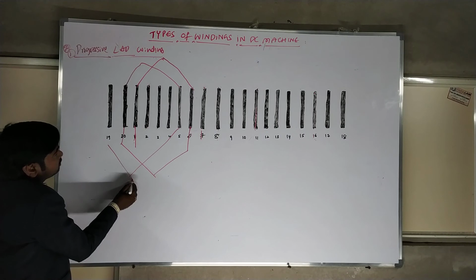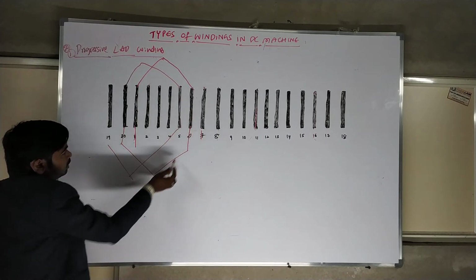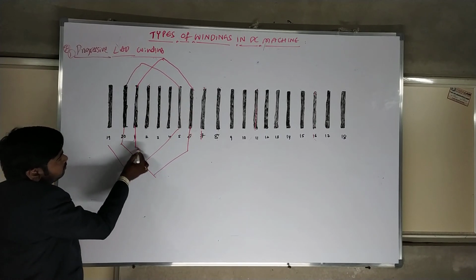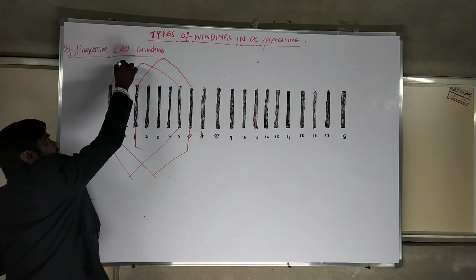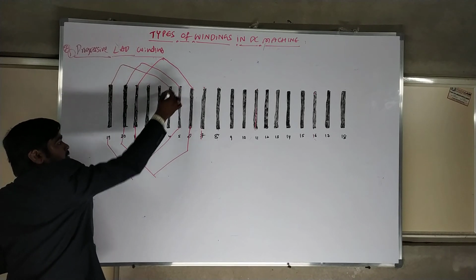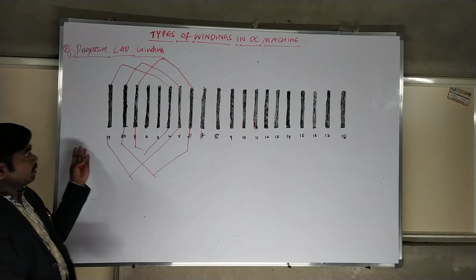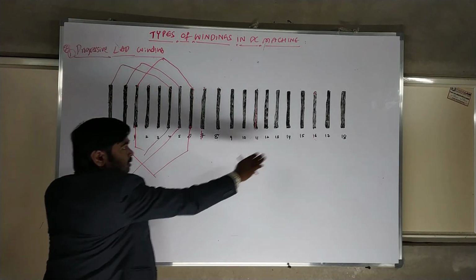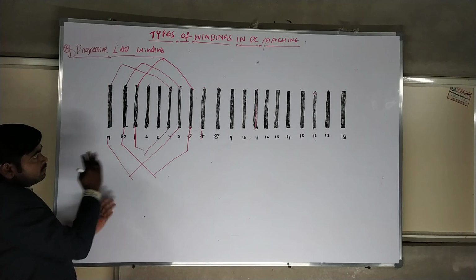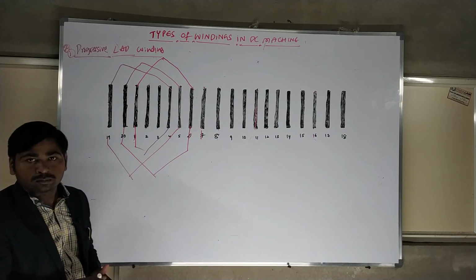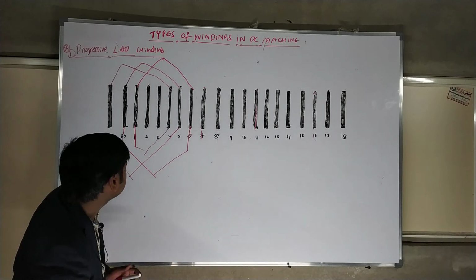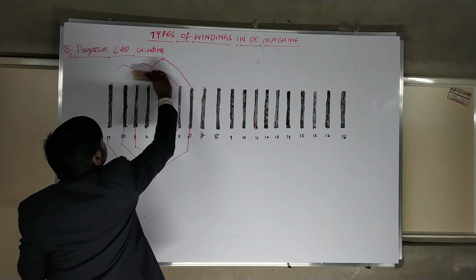The first coil should connect in the backward version. Then go like this, then come like this, then go like this, then come like this. It keeps on moving. The winding goes in reverse fashion, then comes back to the end. Previously it was forward, now it should be reverse. I think it is very clear. For those who are not clear, I will draw once again.